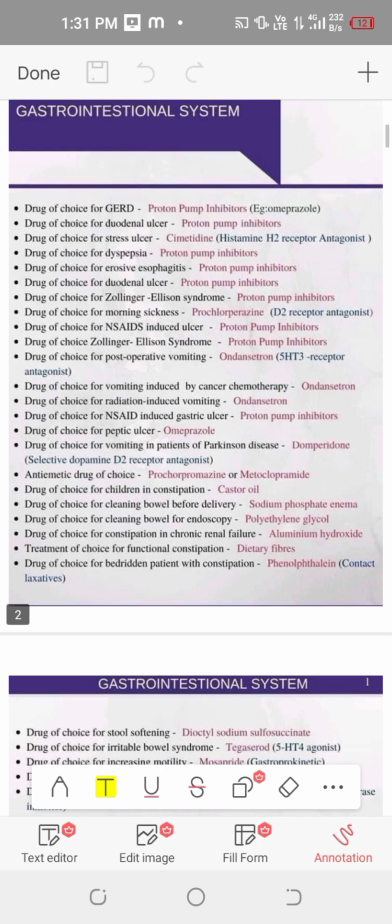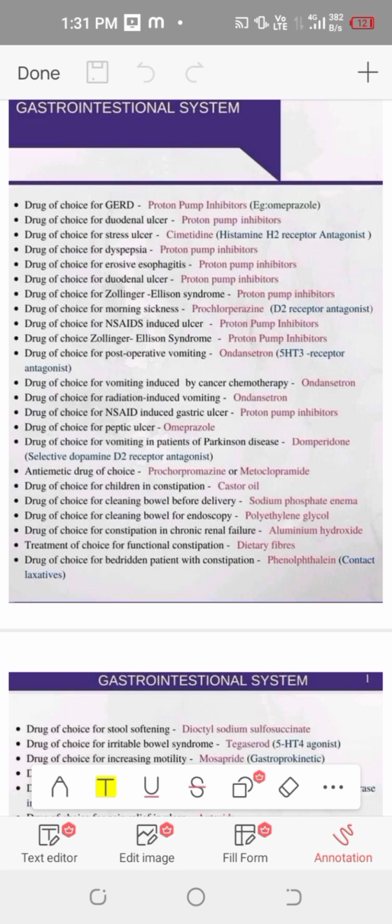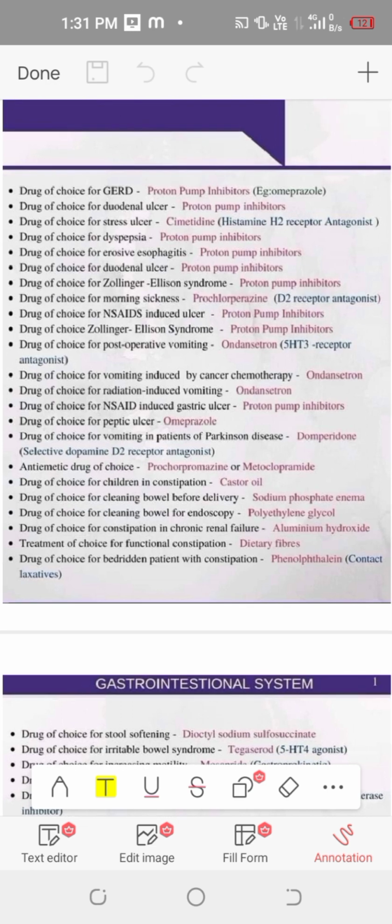The drug of choice for stress ulcer is cimetidine, a histamine H2 receptor antagonist. Drug of choice for dyspepsia, proton pump inhibitors. Drug of choice for erosive esophagitis, proton pump inhibitors. Drug of choice for Zollinger-Ellison syndrome, proton pump inhibitors. Drug of choice for morning sickness, prochlorperazine, that is the D2 receptor antagonist. Drug of choice for NSAID, non-steroidal anti-inflammatory drug,